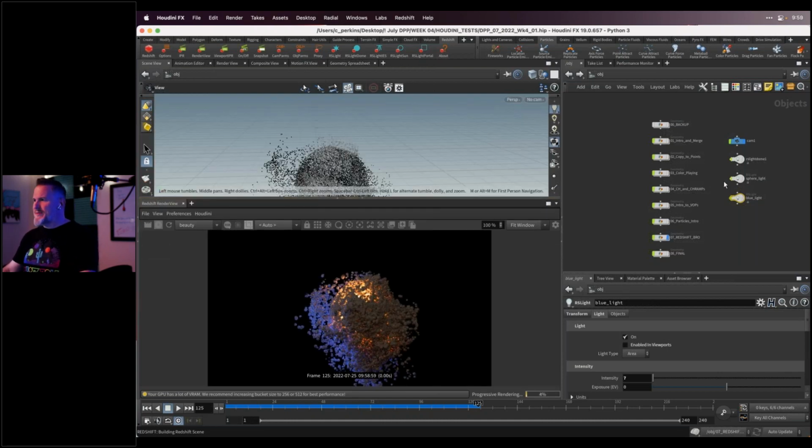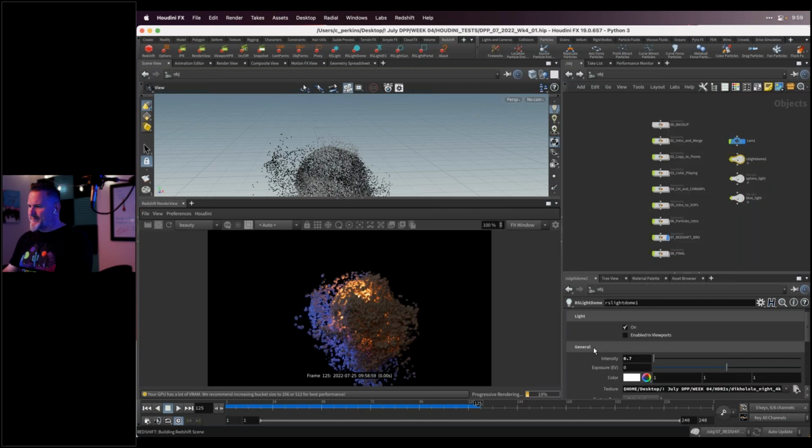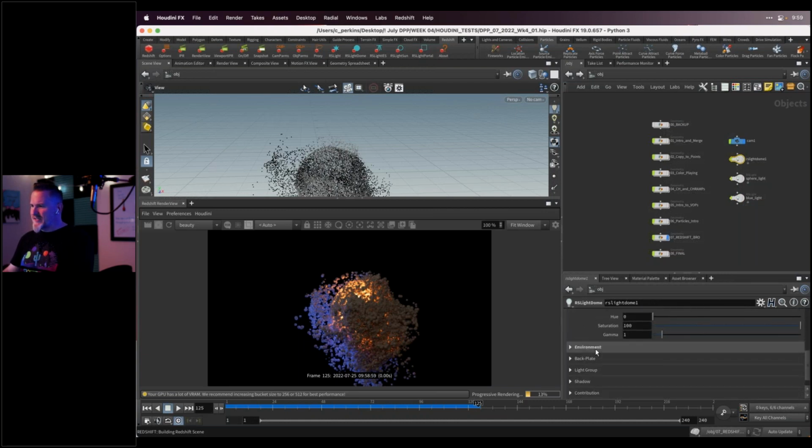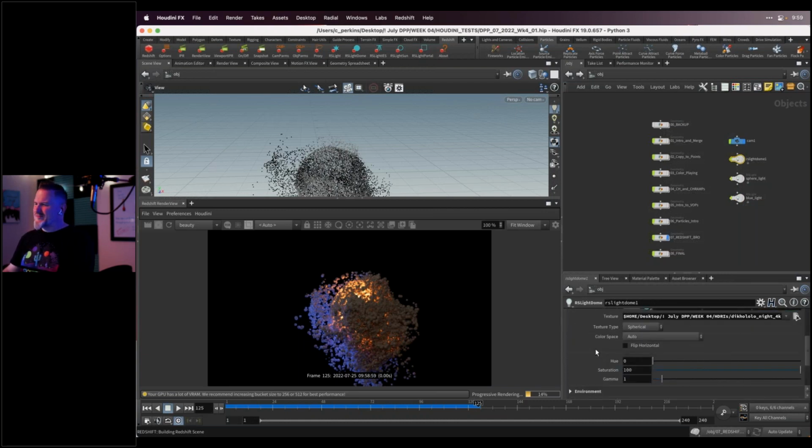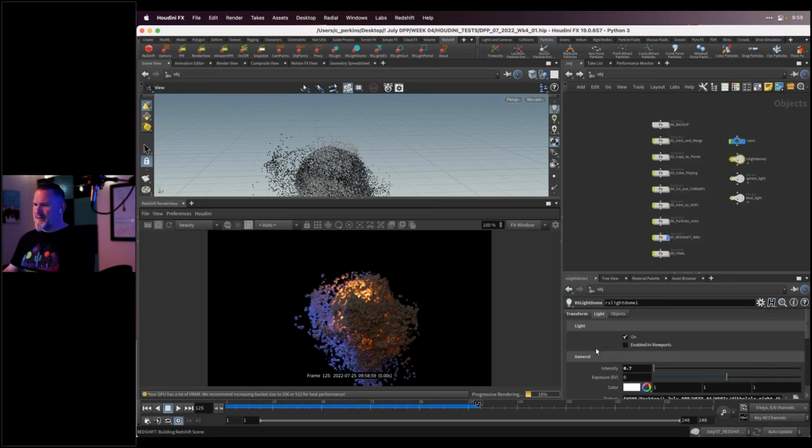There we have it. So same thing, you know, I created a dome light here, and the settings, if I click on this, are all the same as they are in Cinema. Well, almost all. There's like little tiny differences, but basically this is the same controls, same everything that we're used to. So we don't even have to really instance our particles. We can let Redshift handle that on the render, which I think is like a really cool trick.